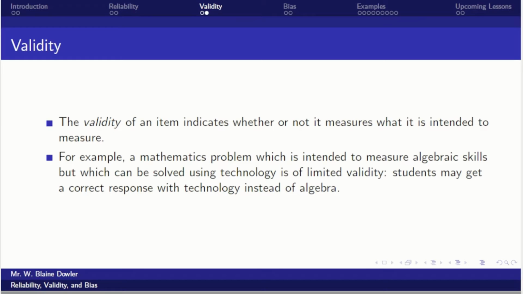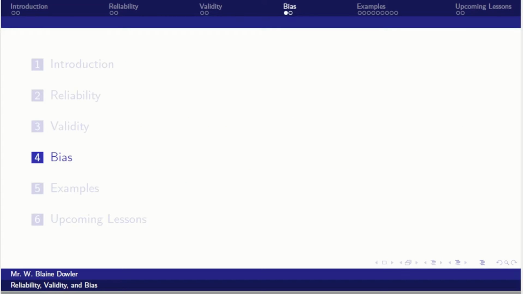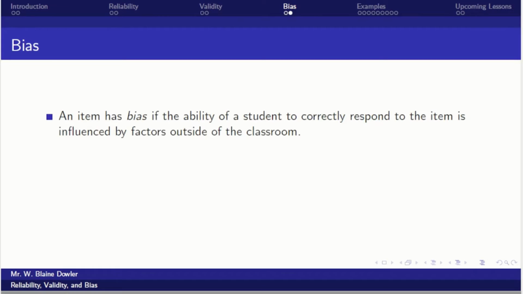This is why the math problems in which you look at another student's work and find the error are popular. It requires the algebraic understanding rather than the technology in most cases. Bias is the one that's the hardest to check for. So this will tell us whether or not a student's opportunity to respond correctly is influenced by factors outside of